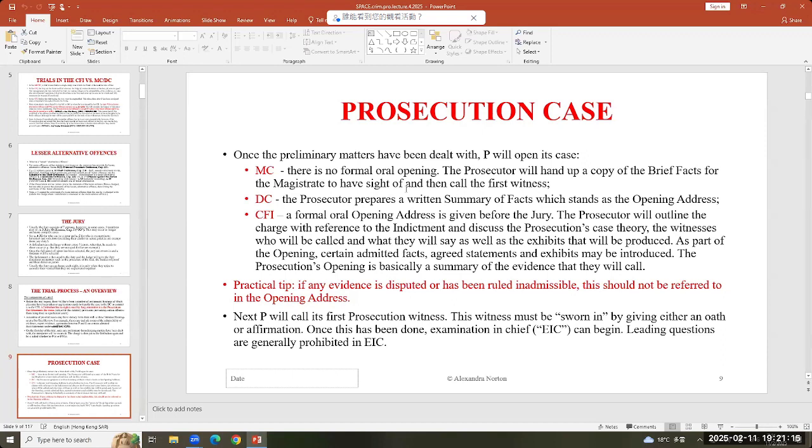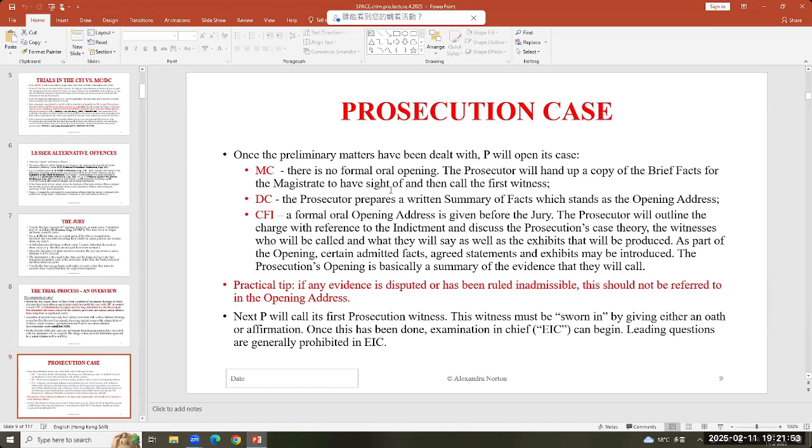In other words, what are their allegations? What is the offense? What witnesses are they going to call? What evidence will they be introducing in the trial? But the opening is a fact-based presentation, right? The opening is not time for argument or speculation. That's the role of the closing submission, in which the advocate is inviting the fact finder to draw conclusions from the evidence that has been presented during the trial, the admissible evidence. The opening, though, on the other hand, is an outline, like a bird's eye view of what's going to come